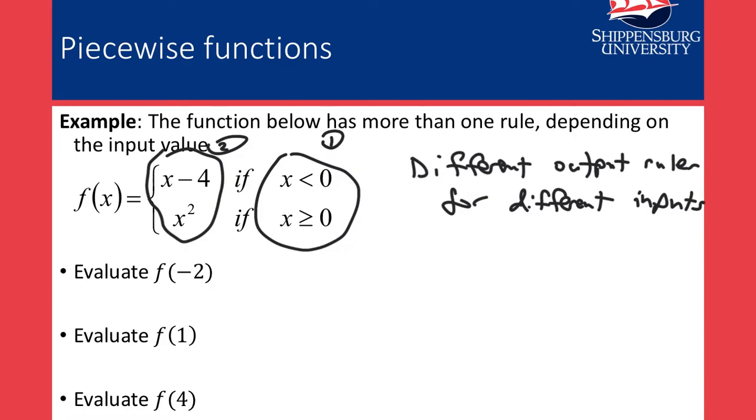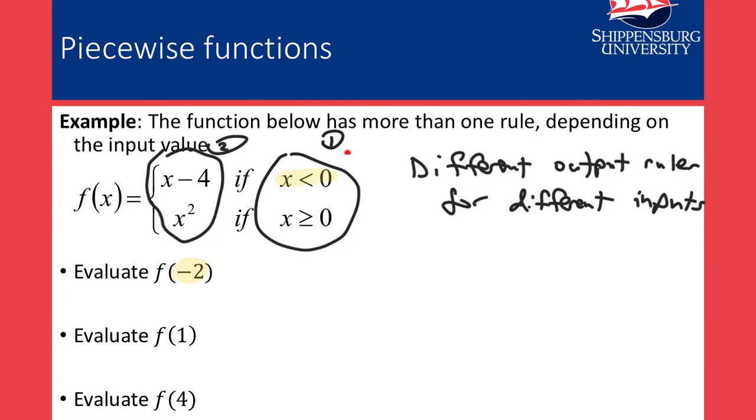So for example, if I have f of -2, then I'm going to look up at the conditions that I've circled under the number 1, and I ask myself which of those conditions is satisfied by the number -2. And I can just try -2 in for x in each of these things that I've circled here in number 1. -2 is less than 0, so that indicates that that first condition is satisfied. Notice that the second condition is not satisfied. That will always be the case, that any given input will only satisfy one of the conditions on the right-hand side. So because -2 satisfies the first condition here,